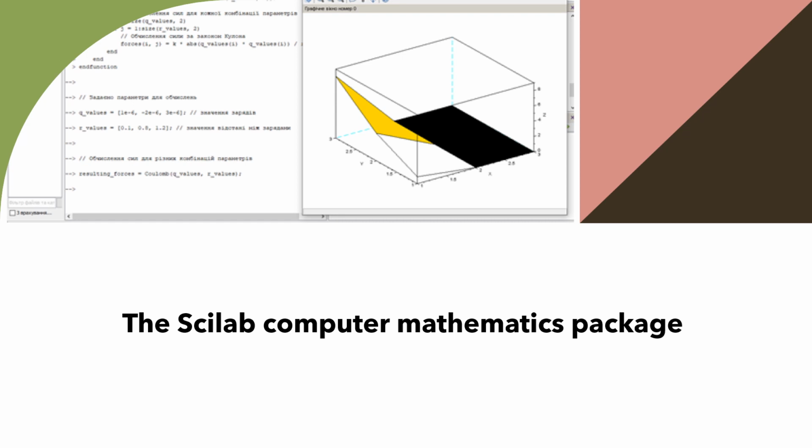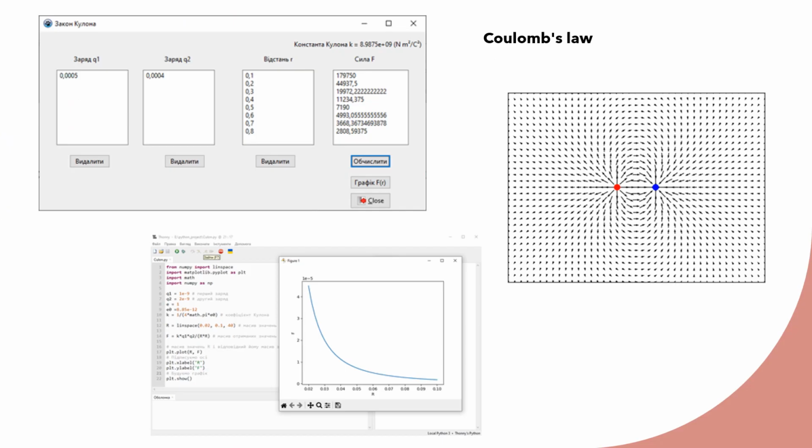We can define either a simple variant of calculating the value of the interaction force according to Coulomb's law, or a more complex variant for an array of values, and then experiment with the parameters. Under academic freedom, each teacher is not prohibited from using different methodological approaches to teaching, as well as choosing teaching aids. It is clear that not every teacher will create their own implementations of the computer model, but this is a possibility and should be included in the comparison of computer modeling tools and methods in secondary